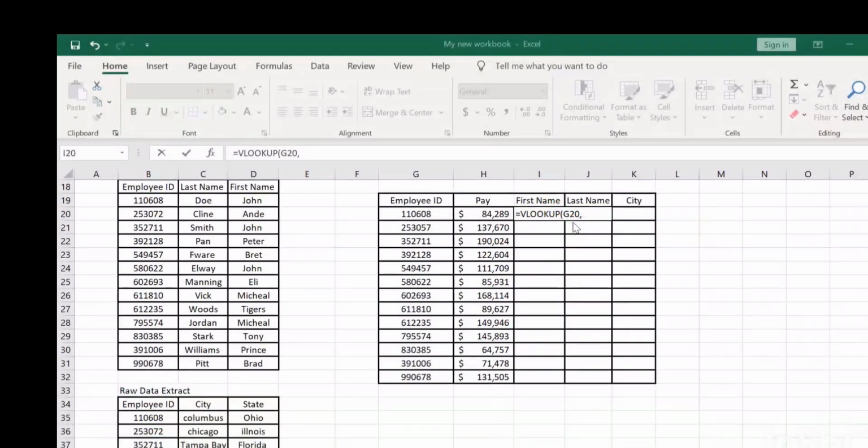Now our lookup value is what? Is this employee ID, that's G20, 110608. Now where is our table array? We are using this table array. Hold your shift key, arrow right, arrow down,